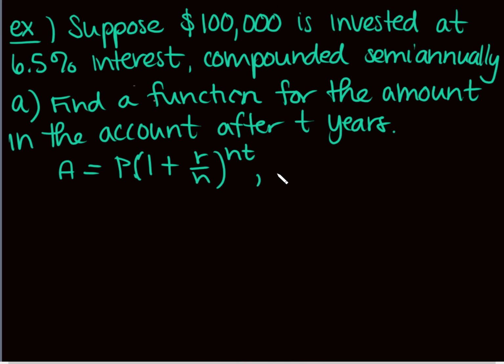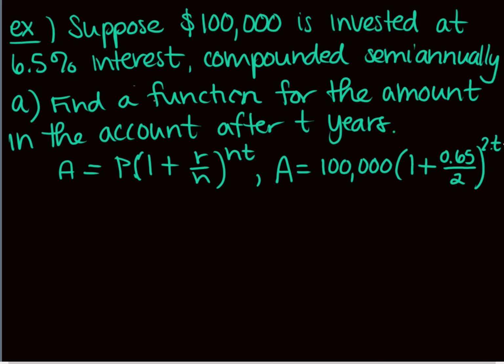So the function that we're going to find here is just A equals, we're just going to plug in our numbers. So 100,000 times 1 plus, remember any interest rate or any percentage at all that you use in an equation, you need to make sure you write it as a decimal. So remember, percentage written as a decimal, you just move it to the left two places. And if we figure out what that number is, here we get this formula, A equals 100,000 times